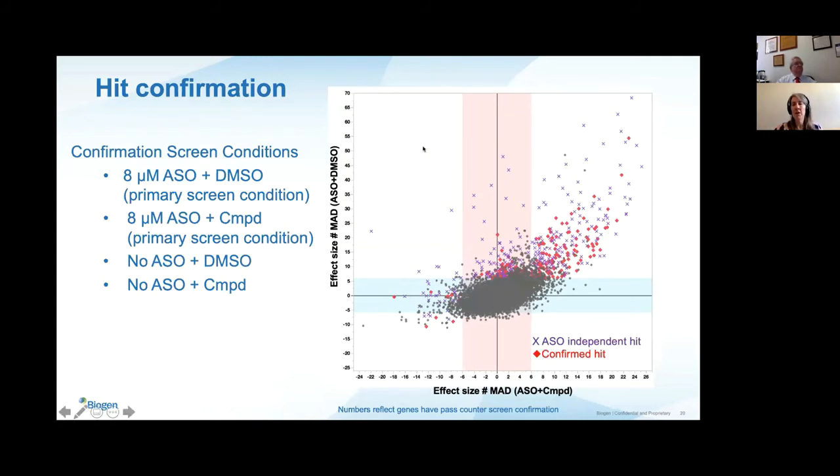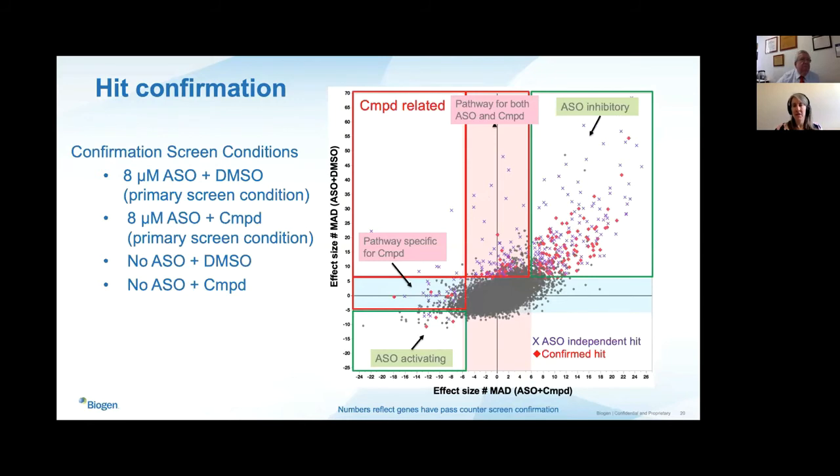So if you look here now at our confirmed hits, about half of our hits actually phenotypically confirmed, and a little under 2/3 of them actually were dependent on the ASO. But the ones that are ASO independent are all these purple X's. So a lot of our very strong hits were actually false positives from the ASO independent mechanism. And when we actually go in and look at these, these are just some of the numbers of the ones that we know are confirmed hits, including the 7 that are actually the ones we're most interested in following up